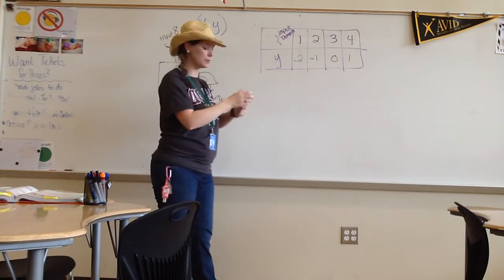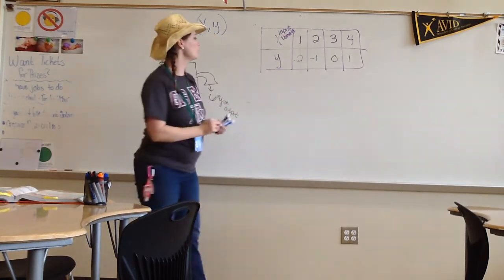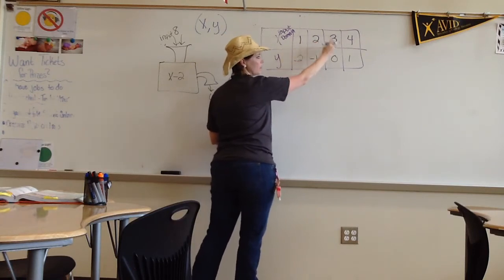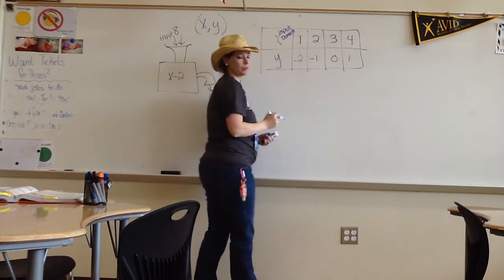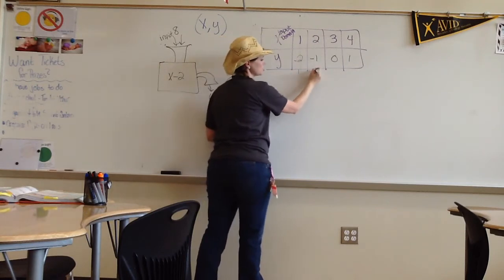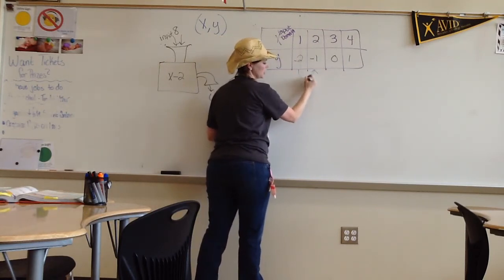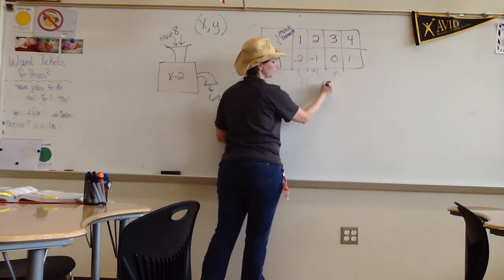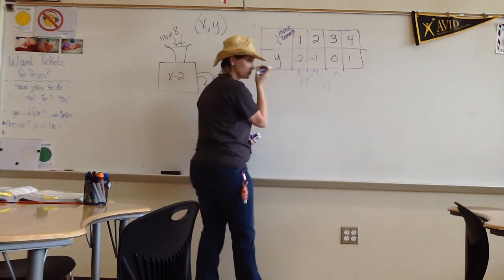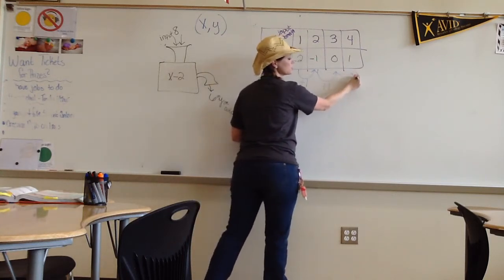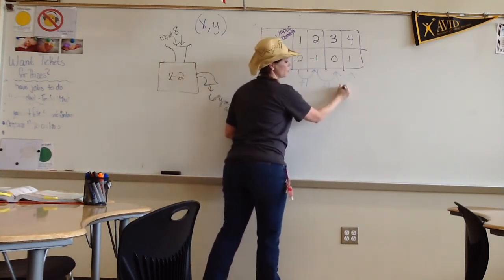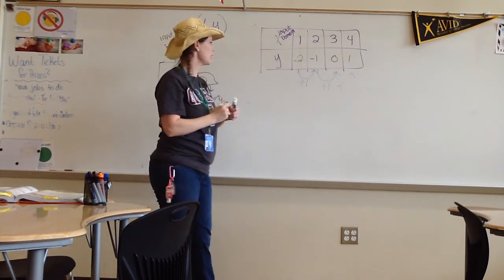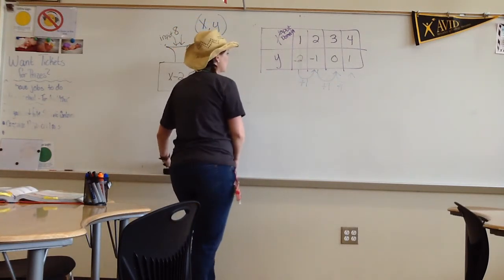So from here, I'm going to determine what value goes from each y value. Because this is the first value, second value, third value, fourth value. So to go from -2 to -1 was a +1. To go from -1 to 0 was a +1. To go from 0 to 1 was +1. So I can see that every time I'm going up, I'm adding 1. I'm going to go back,